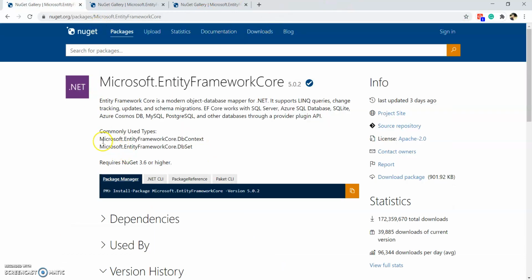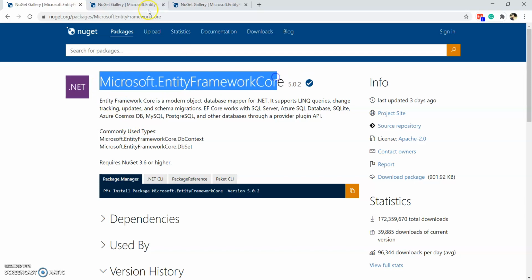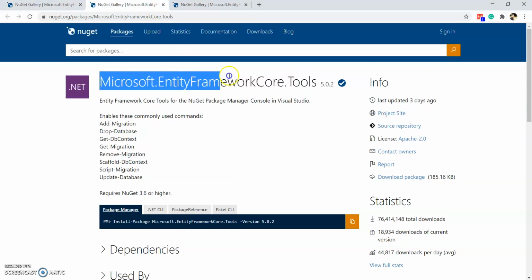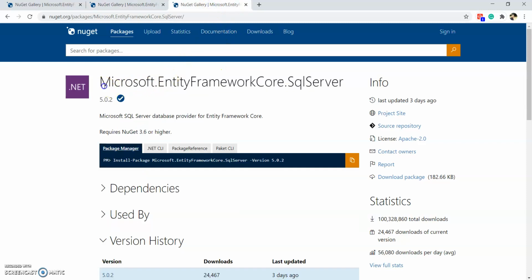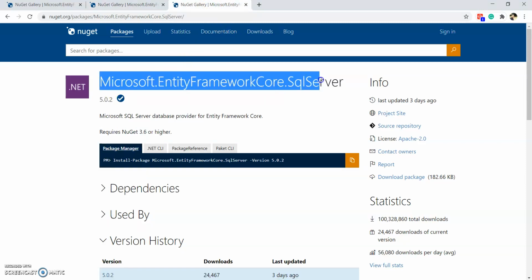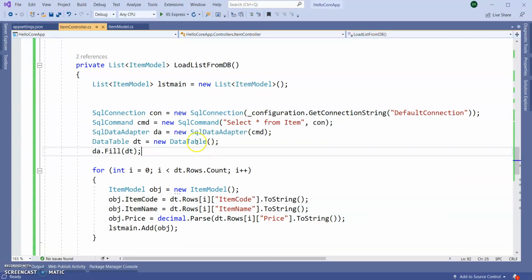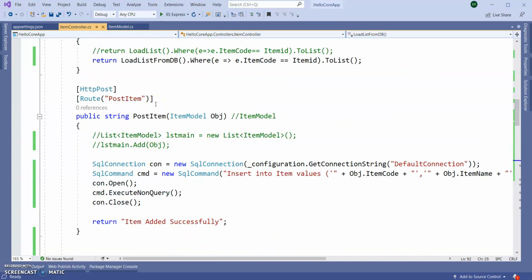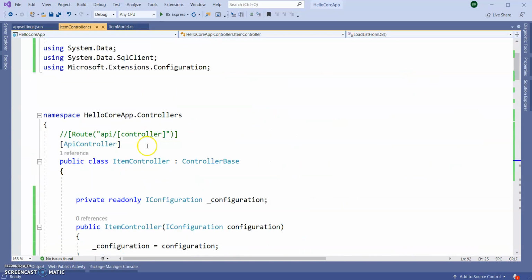For today's session, I am going to use the Microsoft.EntityFrameworkCore, Microsoft.EntityFrameworkCore.Tools, and Microsoft.EntityFrameworkCore.SqlServer NuGet packages. This controller I am completely using for ADO.NET.